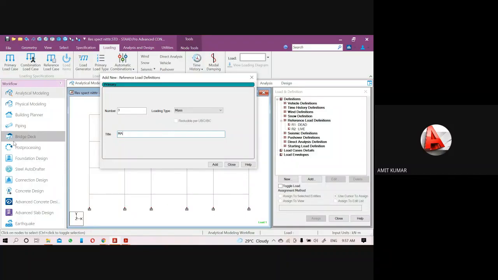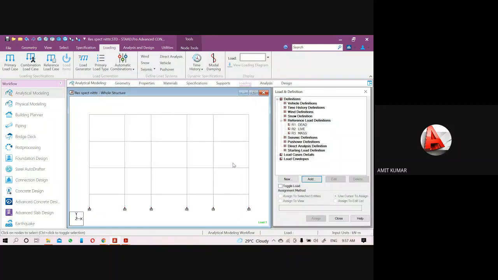I will provide the name as mass load and click on add. Close it. So you can see under the reference load definition I provided the names dead, live and mass. Now let's see the mass values.